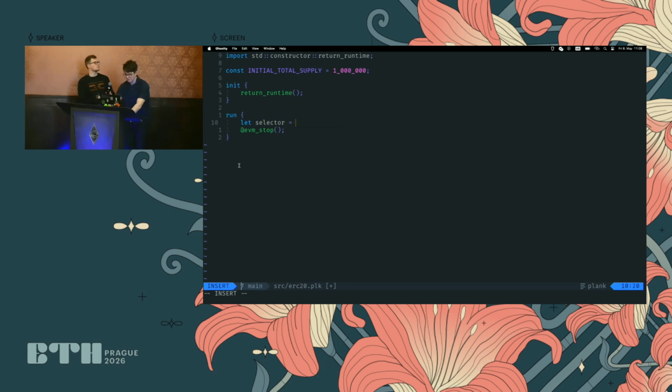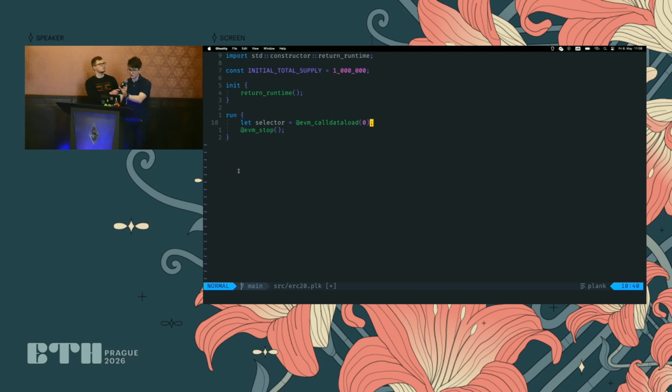So we'll compute the selector from scratch. The EVM only lets us load call data in 32-byte chunks. So we read from the 0th byte because in the EVM, all it understands is that your contract receives a call with some data, and then based on the data, it does something. But if you want multiple functions, the way we've standardized this in Solidity and other languages is that the first 4 bytes tell you which function to call. To be compliant with the ERC20 standard, we want to follow the same pattern.